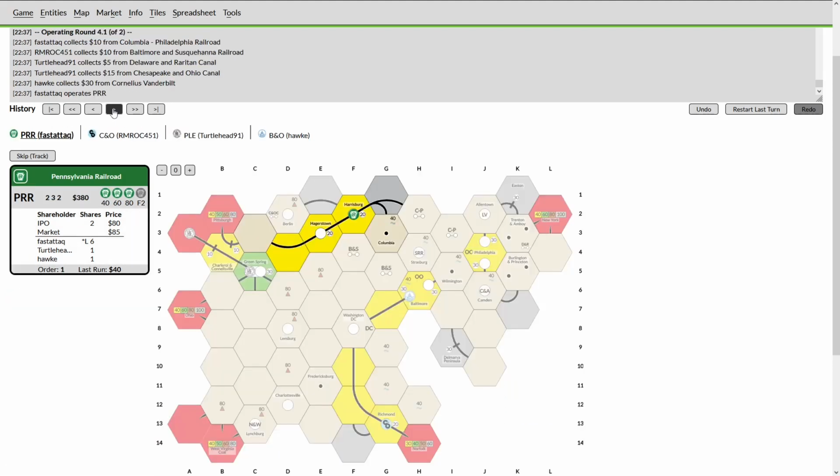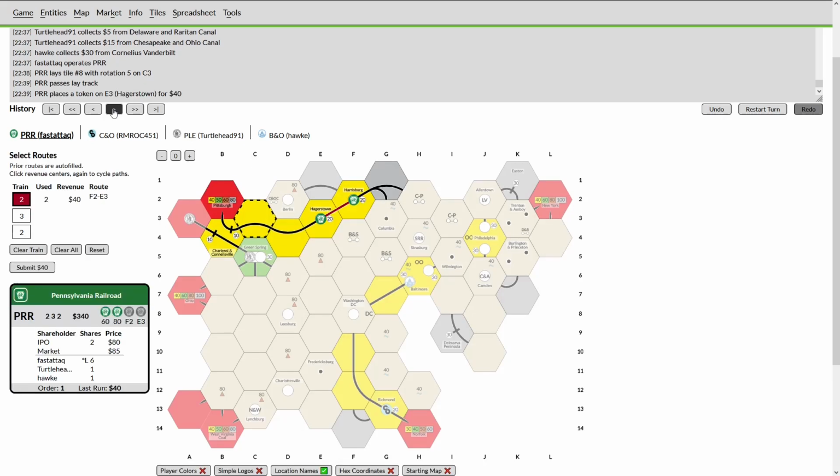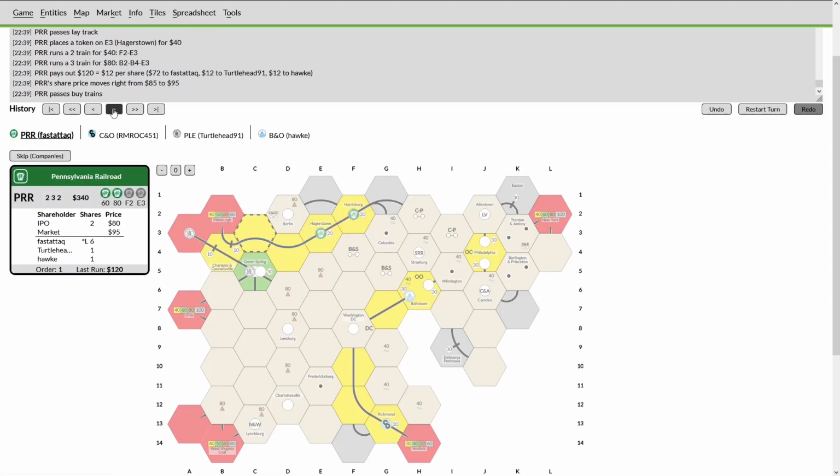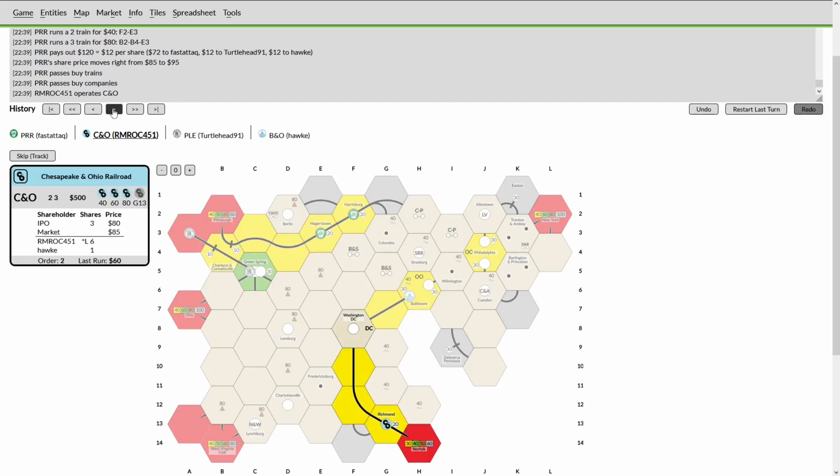PRR is going to lead us off, and we'll connect up with Pittsburgh, presumably. He does have 3 trains, so he can run into the offboard from Hagerstown, but he did not. Well, will he token it, I guess is the question. He does, so he can now run both of his trains. Will he buy in his private? Maybe wanting to wait into the second OR of this operating set,